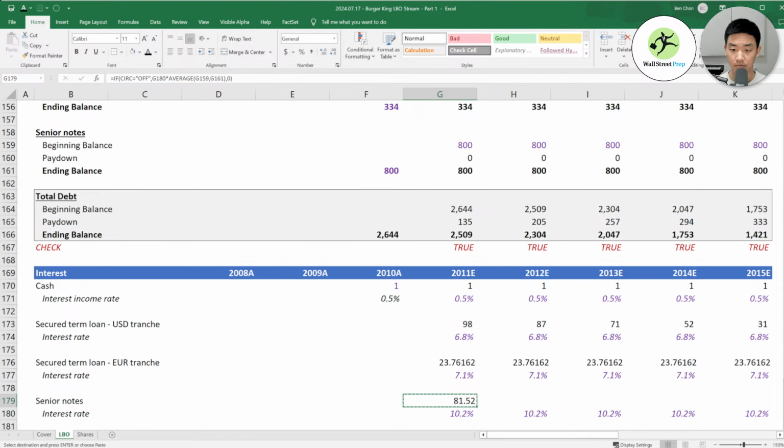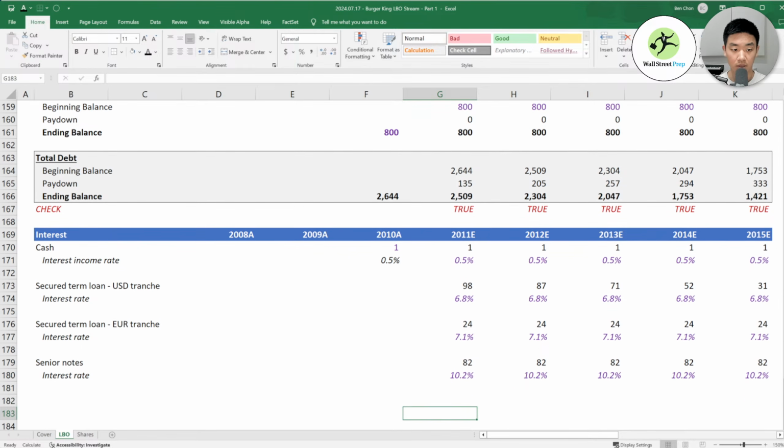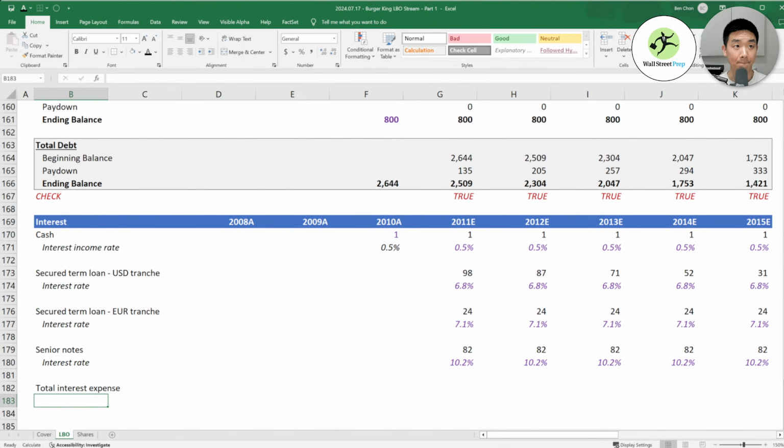Otherwise, 0. Okay, so then we can calculate our total interest expense. And then we can get our blended interest rate as well.